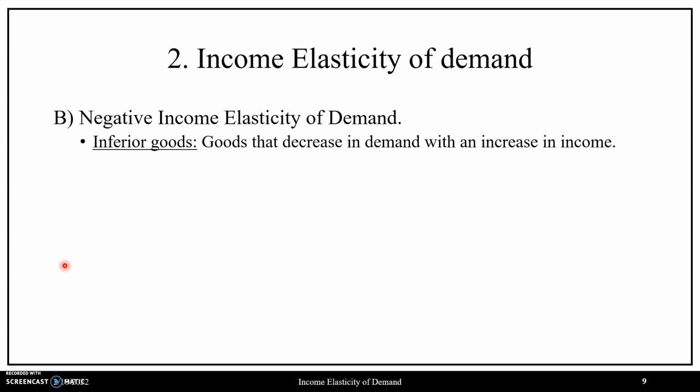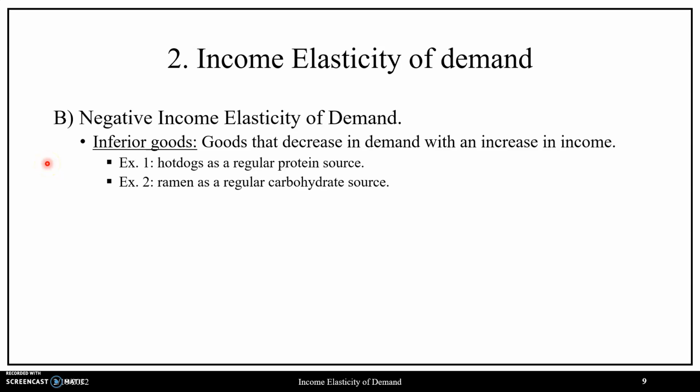Now, going on to our second case, should our income elasticity of demand have a negative value, then we will have an inferior good, in which this is going to be a good that decreases in demand with an increase in income, where such examples would be hot dogs as a regular protein source in one's diet, and an additional example would be ramen as a regular carbohydrate source,